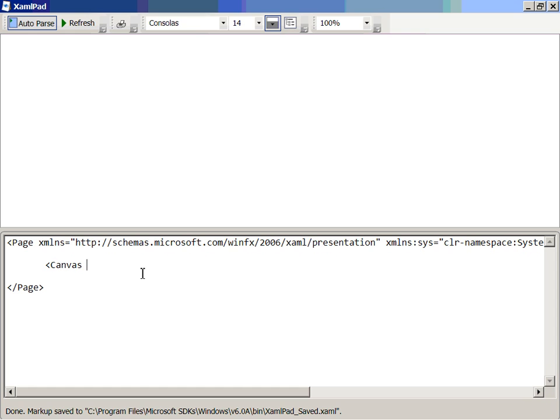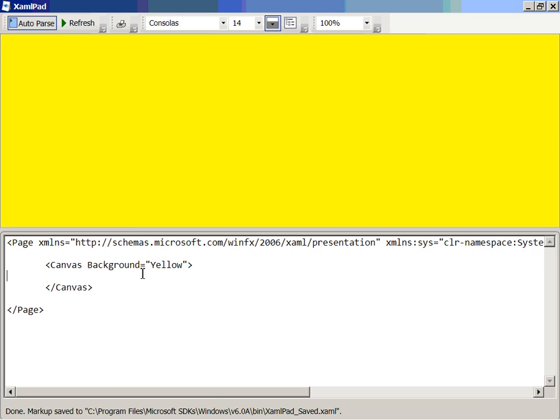What we can do is create a canvas. Let's set the background on that canvas to be yellow or something like that so that you can see it. Okay, and then we've got a yellow canvas which is currently filling the page, the space that's available to it. If we put something onto this canvas, like a button for instance, and into the button let's put "click me". Then the button just appears up there in the top left, as you would probably expect,